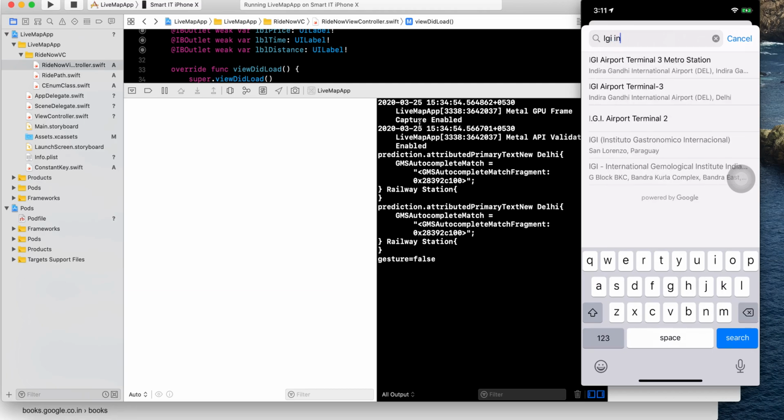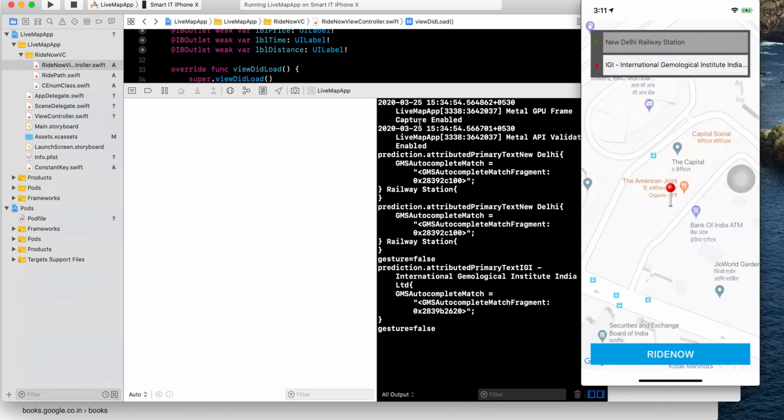IGI International, Indira Gandhi International Airport, right. You can see IGI, this one. When I click, right now, you can see here,